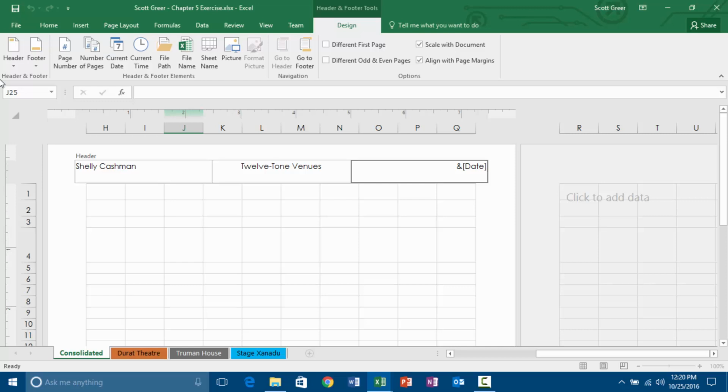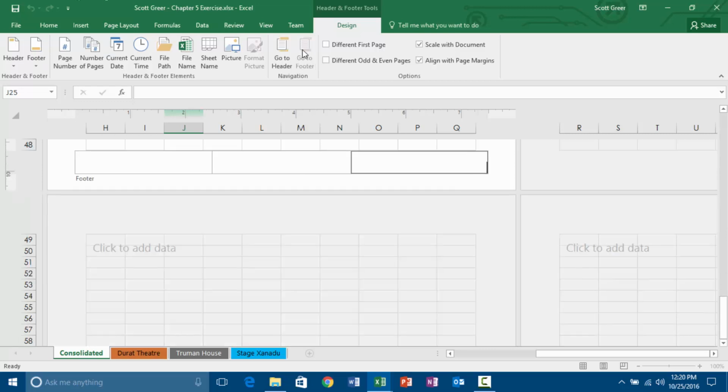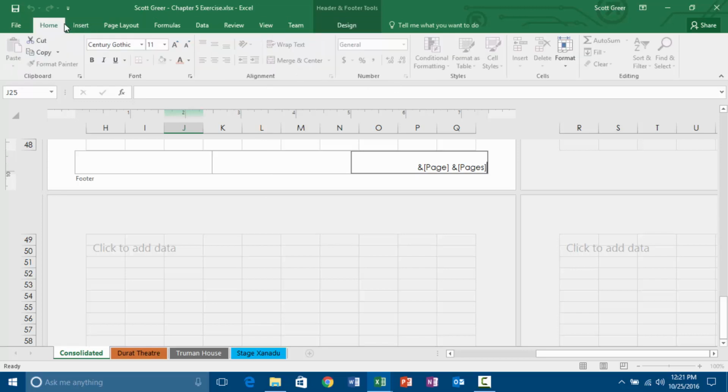And then if I want to go to the footer, I'm going to go to the footer. And then down on the bottom right, I'm going to actually change this so it says tab and page. So I'm going to say this is the page, header and footer design. Right click any sheet, select all sheets. Okay. Oh, and so we can just put page number, space of this number of pages, and we can see that. So every time we go out of this now, if I close this, when I go into home, whoop,